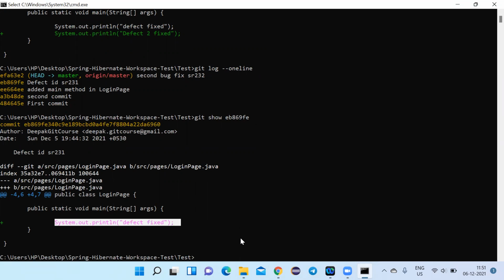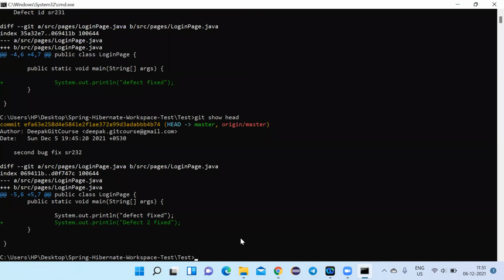Okay. So let's say if you wanted to display the information about the recent commit, you also have something called head. Git show HEAD. As soon as you type this, you will get the information of the recent commit. This is the thing that has been added, and here is the branch. The branch is master. All that information, and this is the commit message.